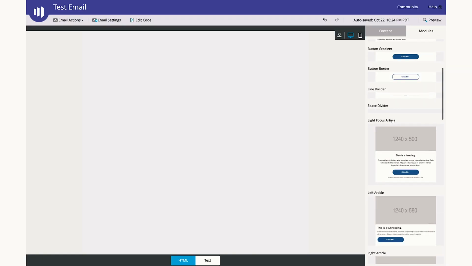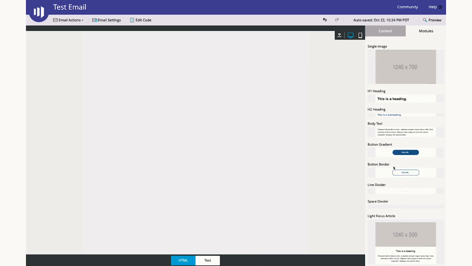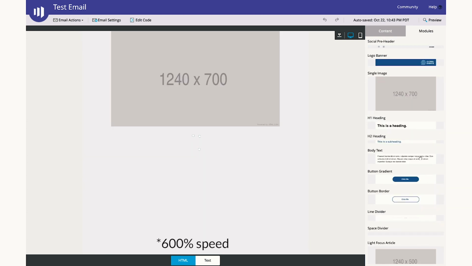The key things to think about here in terms of how you break things down is how do you actually use modules. Have a look at some of the emails that you've built recently and what are some of the common combinations, the common layouts that you've used across them. Really, I can create everything in this individual module just using a combination of all of these things. But if I wanted to do that, I'd need to drag all of those individual components in by themselves, and that becomes quite complicated. So instead of having to do this,